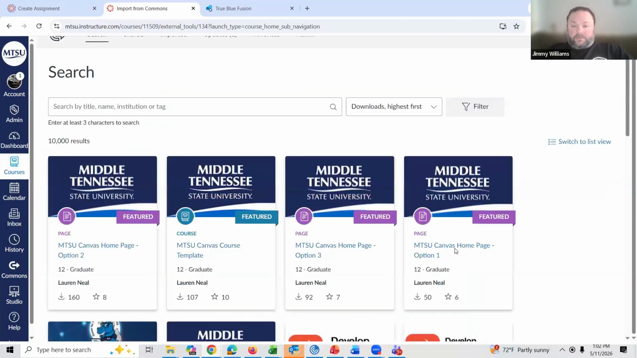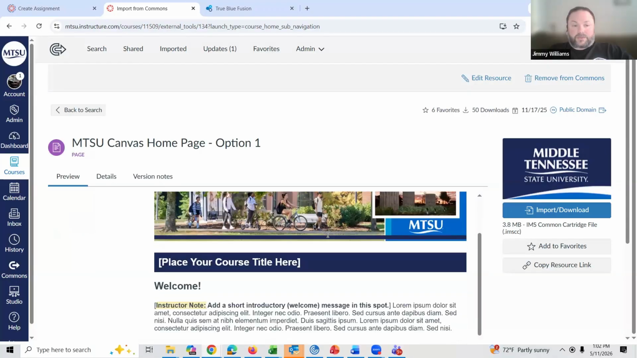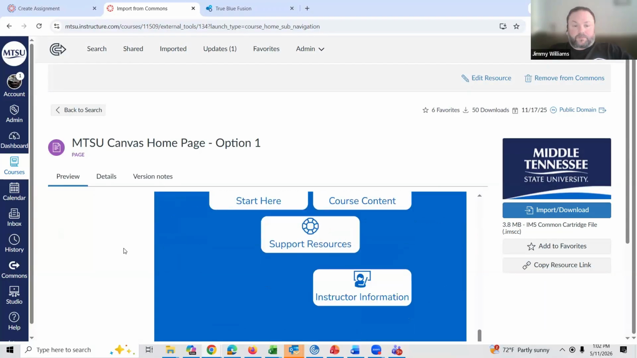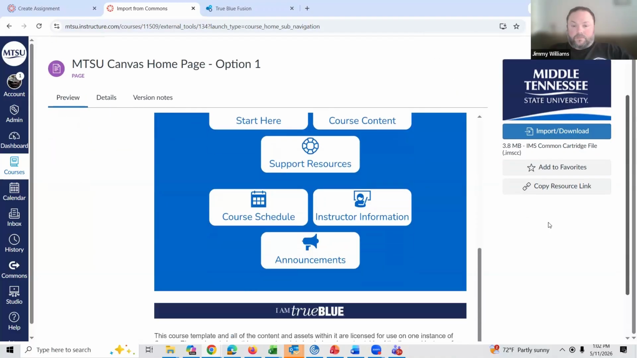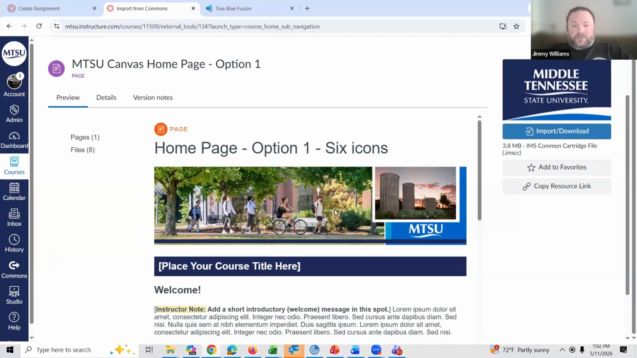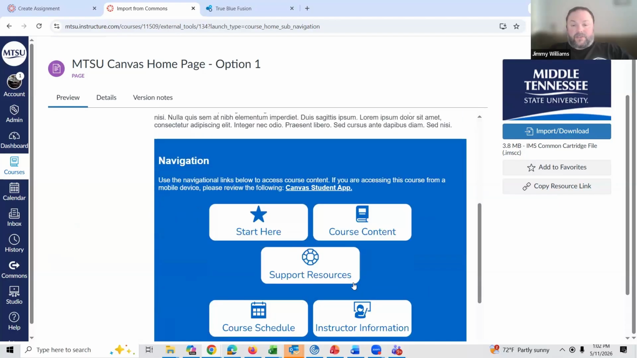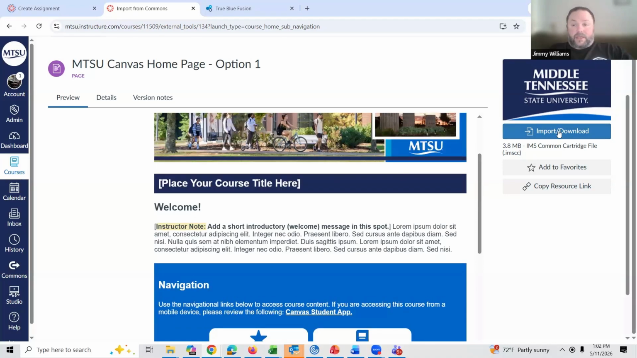you'll see various options for these home pages. Me personally, I like this home page. It gives you a nice MTSU title banner. You can put the title of your course here, welcome to the class, and then you have standard navigation down here. Okay, so the way that you would do that is you would go to, if you like this one or whichever one you like, import/download,